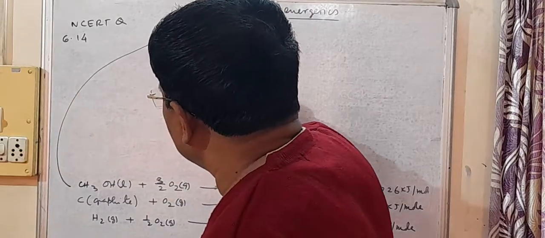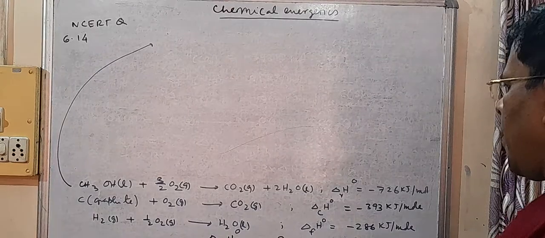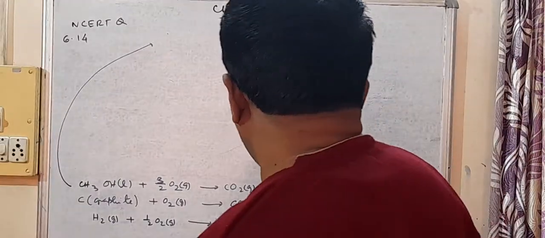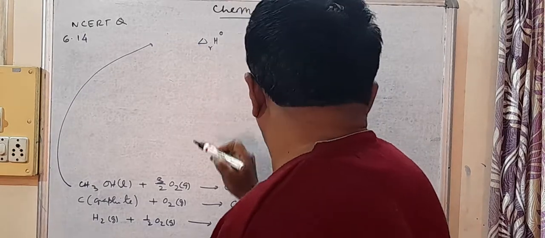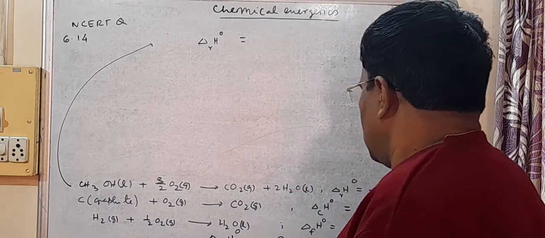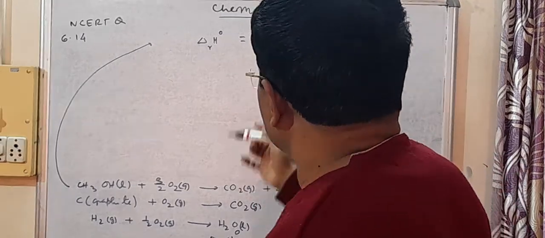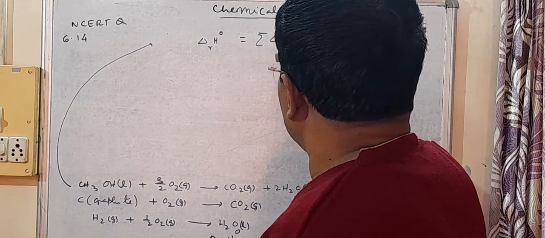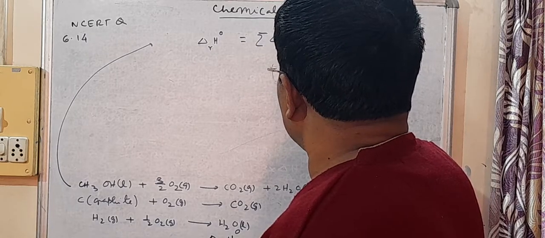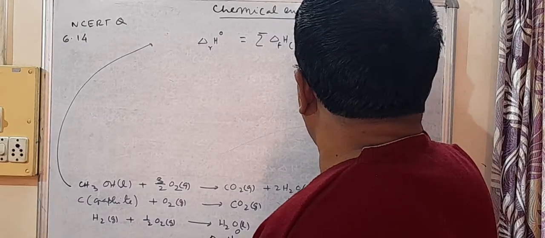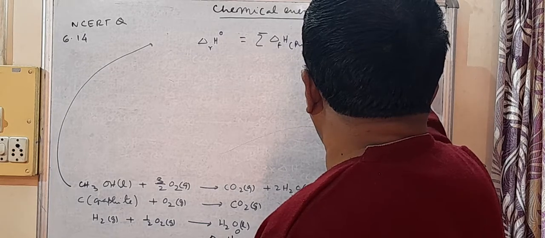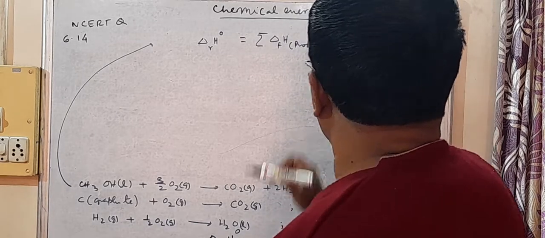So, you see, this can be done in this way. Let us choose this equation, and we can write this thing, delta H naught R is equal to this enthalpy of reaction. It is a summation of enthalpy of formation of products minus summation of enthalpy of formation of reactants. This we know,